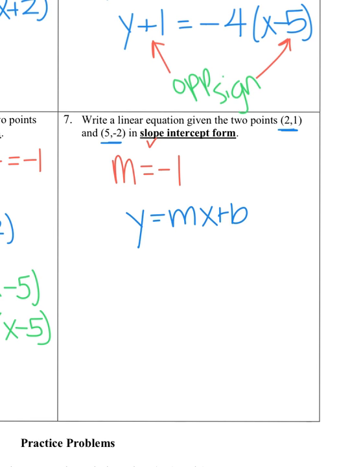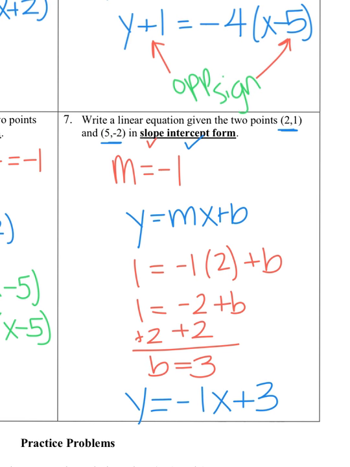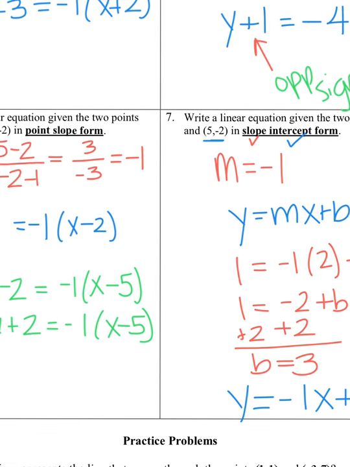All right, let's choose a point. I'm going to do 2, 1 because there's no negatives in it. And we're going to substitute them in along with the slope. And then I'm going to simplify and solve for b. And we get b equals 3. And now I've got enough information. I've got my slope and I've got an intercept to be able to write my equation. So I now know that I can write y equals -1x plus 3, which is exactly the same